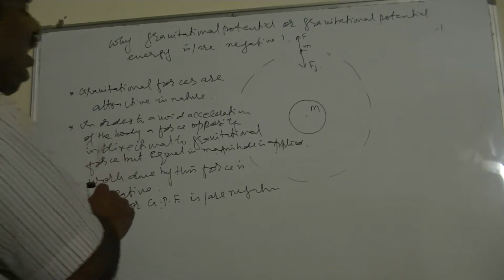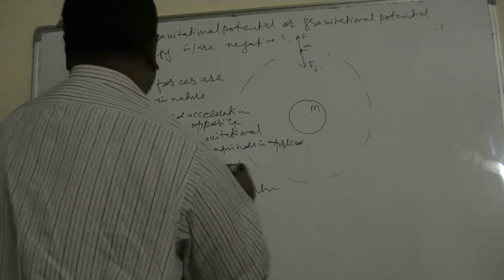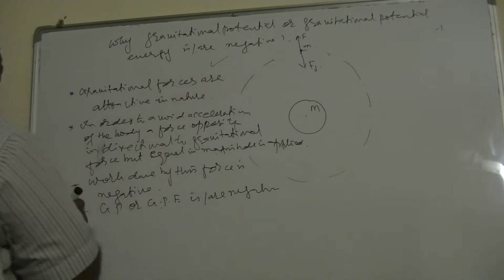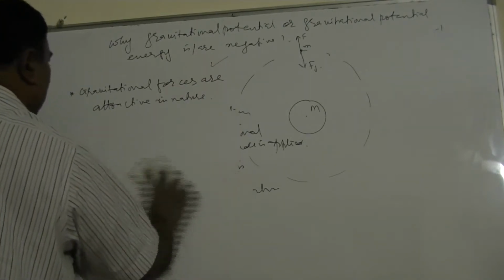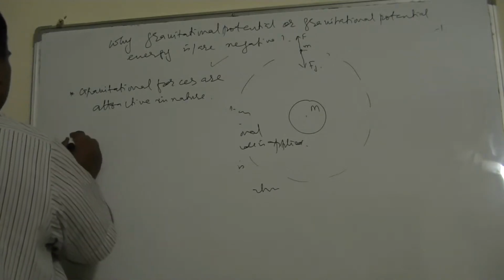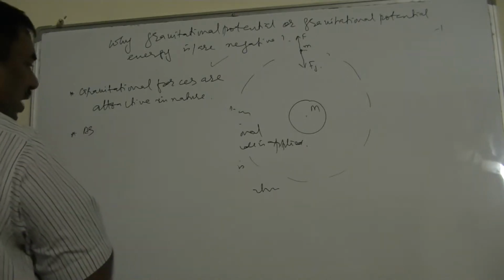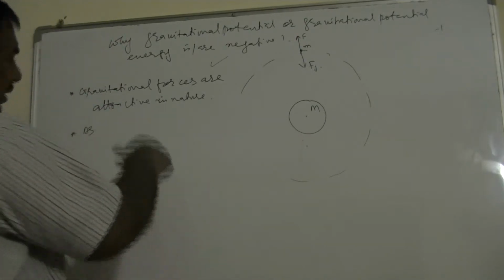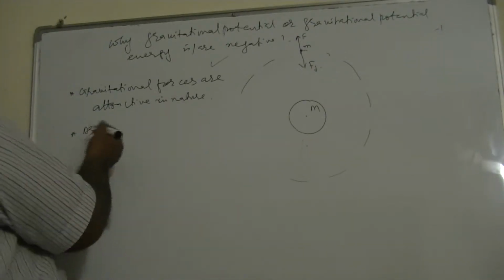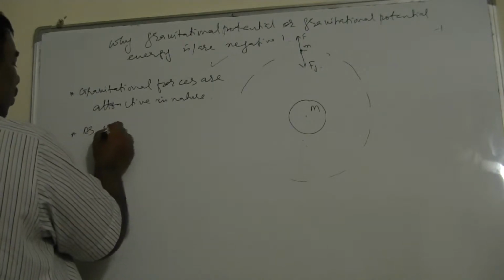This is one approach. The other approach is very easy. First write this: gravitational forces are attractive in nature. Then you should write: as we go higher. It's a very simple approach. Students love this approach, but examiners love to give the marking on the first approach better than this one. This is also okay. As we go higher,